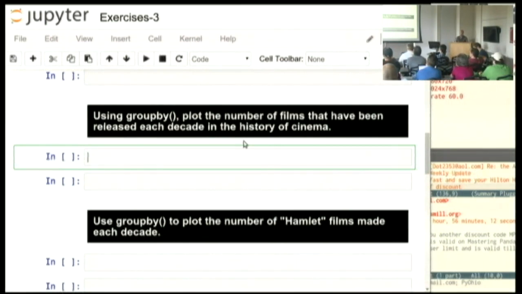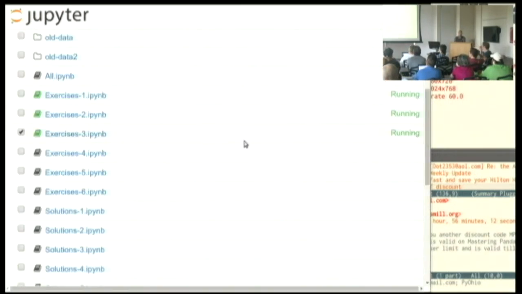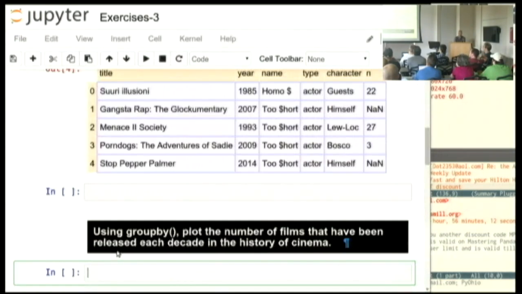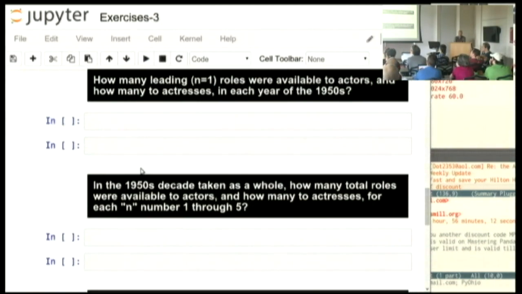called group by. And I'm going to, rather than doing, oh, come on. My computer's pausing because I have so many of these things open. That is, I have many copies of this data set now in RAM. So let me shut down those two files so that only exercise 3 is running.